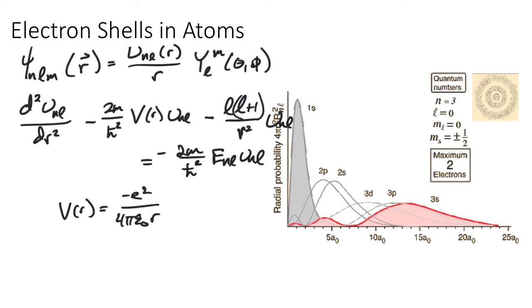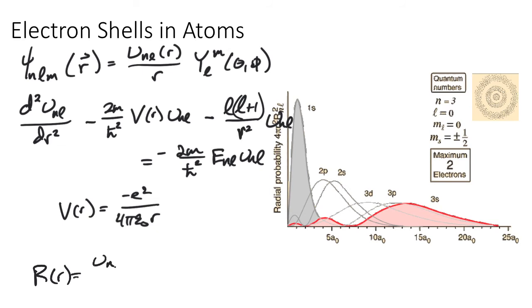So that when we look for solutions here, we're going to have a second derivative of u, a term that has 1 over r times u, a term that has 1 over r squared times u, and then that'll all equal a constant times u. Solutions to this equation are given by the associated Laguerre polynomials,